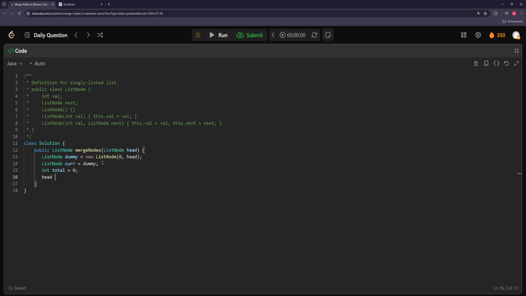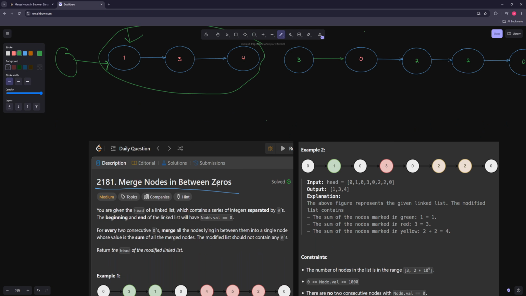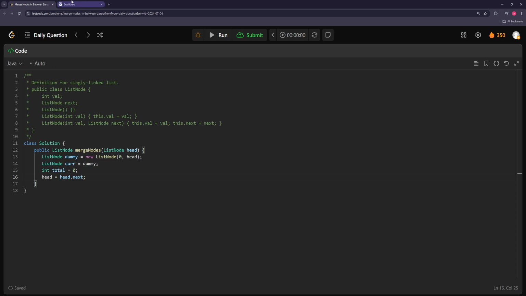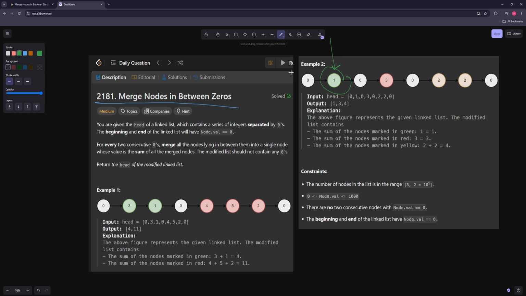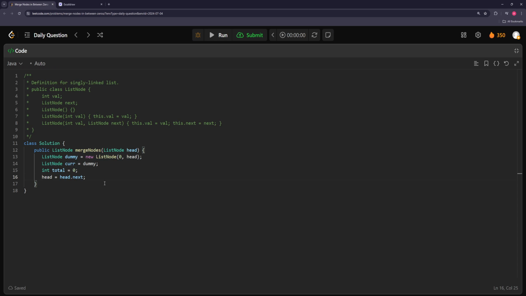Now we need to move the head up one, because the list, remember, starts with a 0. So it's like 0, then something. So we need to start at the first actual value, which is always going to be at this location. And they tell you that you can't have multiple zeros in a row. So it's always going to be here. Okay. Now we just say while our head is not null,